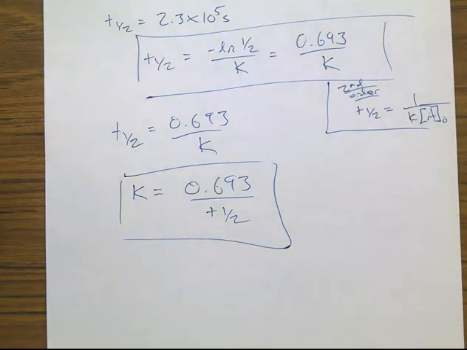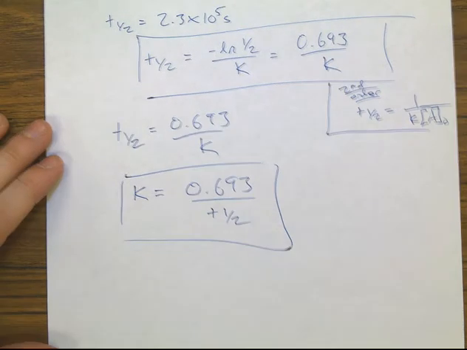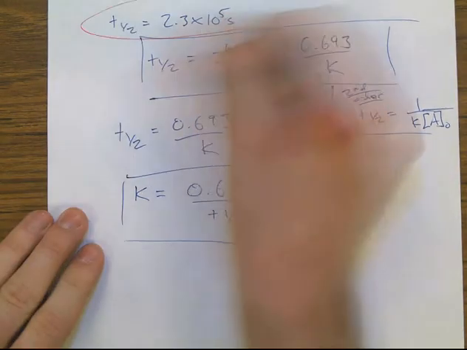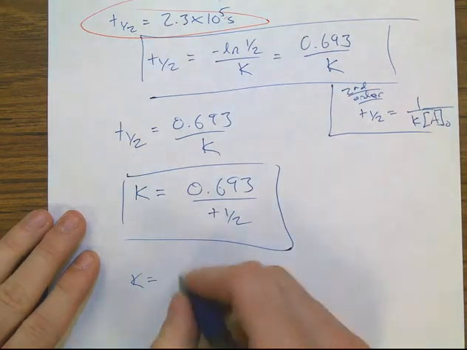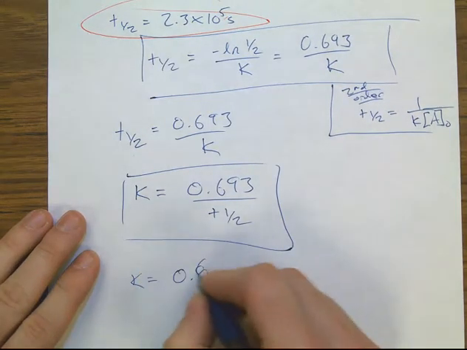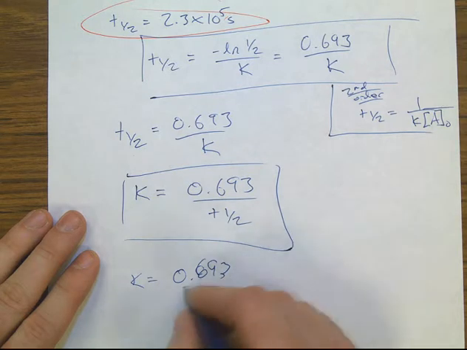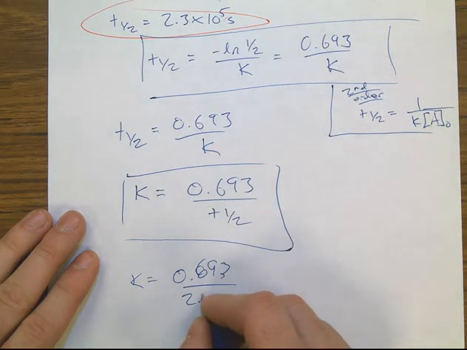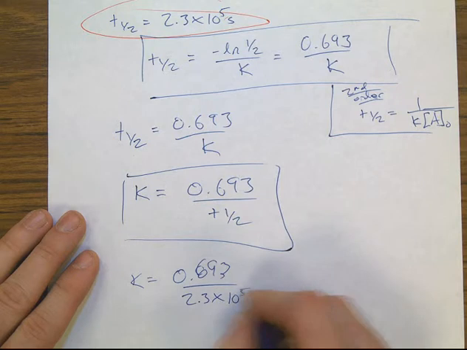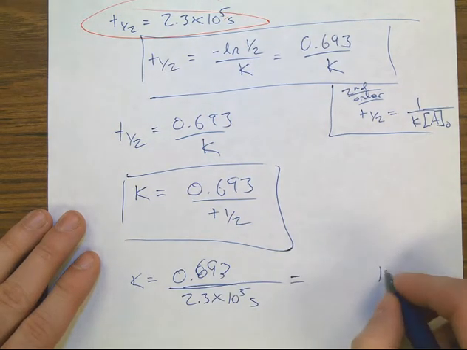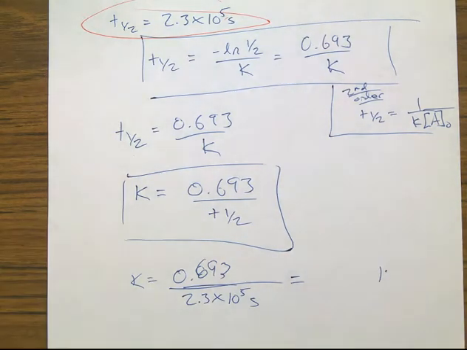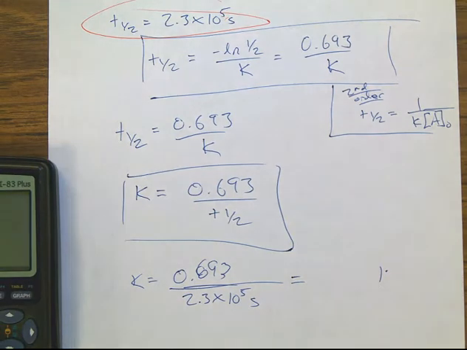All right, now I'm going to plug in my given information. And my given information is up here at the top. That's my half-life. So k is equal to 0.693 divided by the half-life, which is 2.3 times 10 to the 5th seconds. And then you'll get your answer for k, which is going to be in inverse seconds. So I'm going to go ahead and type that into my calculator, which is 0.693 divided by